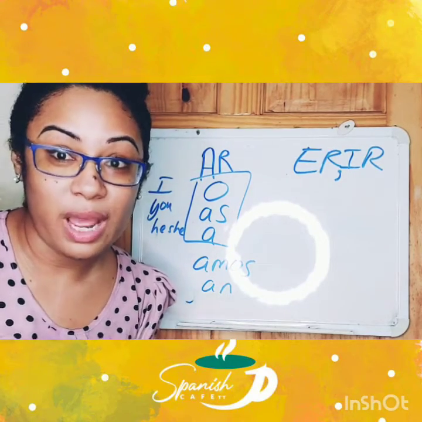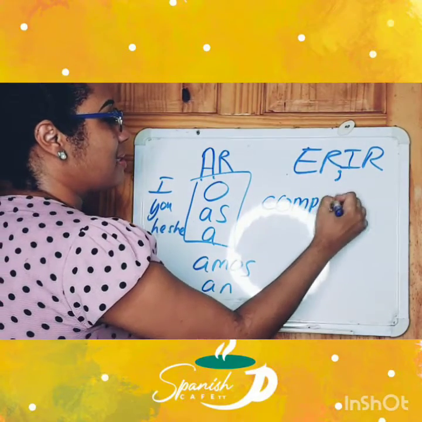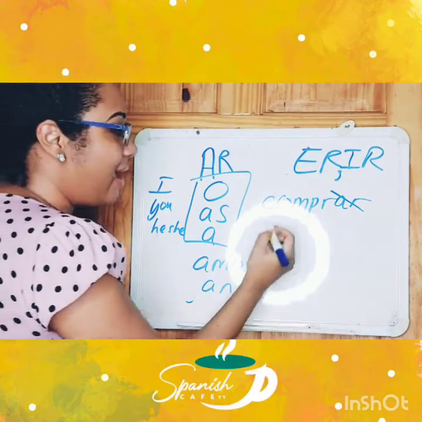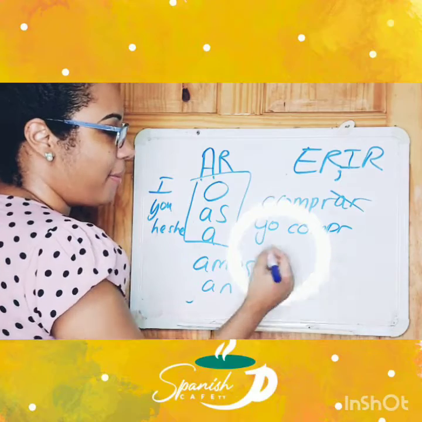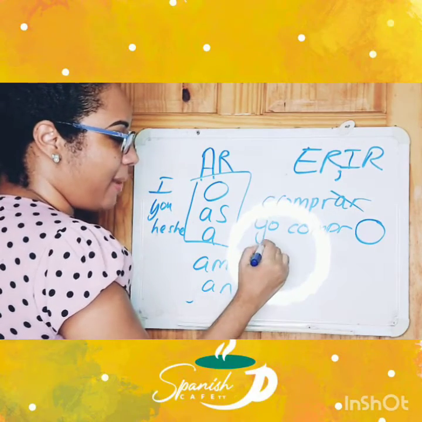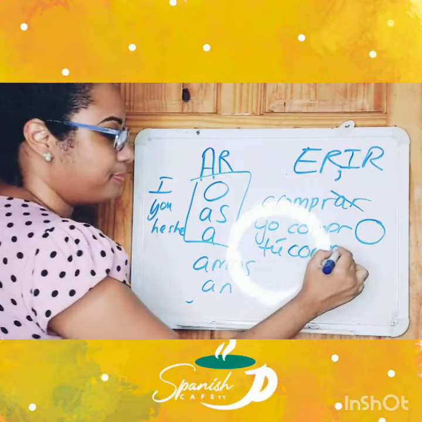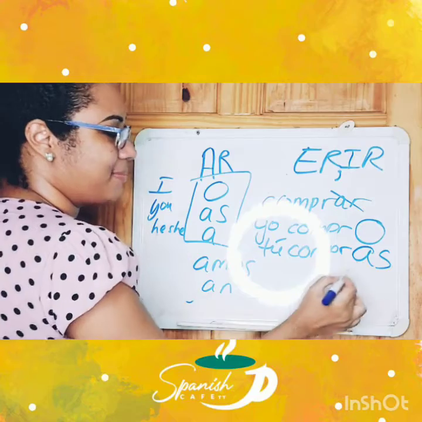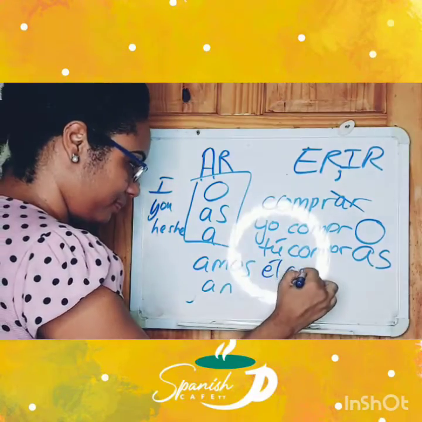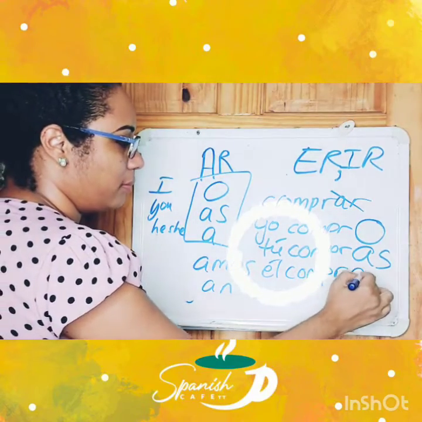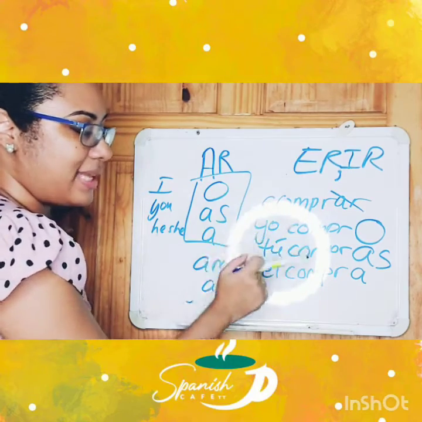Quick example with the word comprar, which we just looked at there. Alright, so we have the word comprar. That's to buy. Of course, we have to cross off that ending. And then we're going to put yo for I. Put our compr. And we're going to put a new ending in, right? Yo compro, I buy. What about if you want to say you buy? You buy shoes. Tú compras. Okay, so it's going to be a different ending for each line. And then it's going to be él compra. Right? He buys. Yo compro, tú compras, él compra.